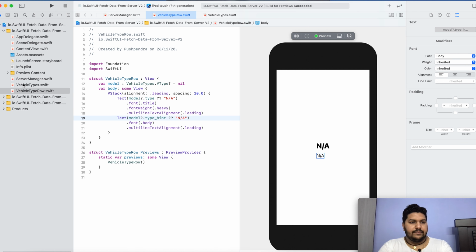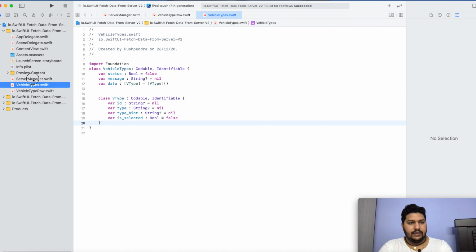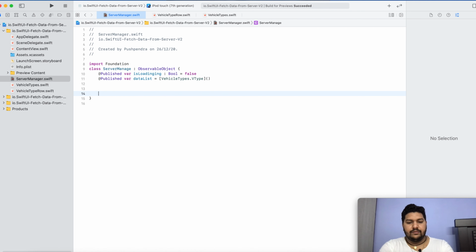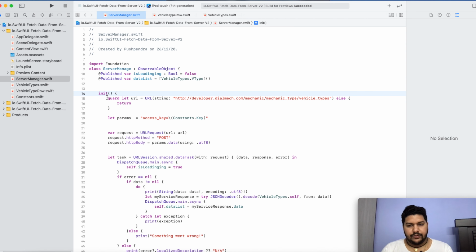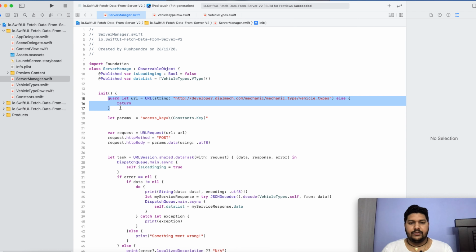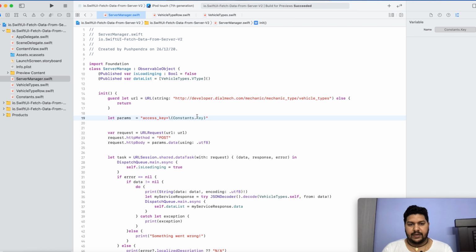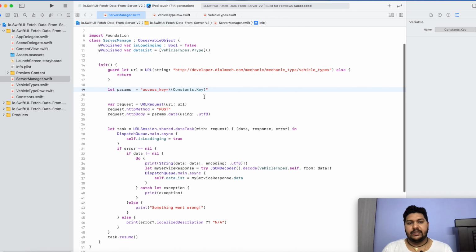Now after that I will open my ServerManager class, and here I am going to give an init function, and inside the init function I am going to create one service call. The service call will return me the entire data. How will the service call look? So this will be my service call. Here, first of all I have one URL. I am validating whether this URL is valid or not, and with this URL I am sending an access key. This is provided by the server provider. So here I am sending this key. This is a private key, I cannot share it with you because it is chargeable.